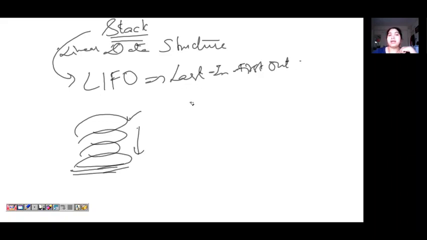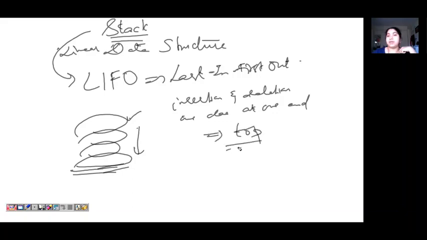And in this, insertion and deletion are done at one end. That end is called the top.